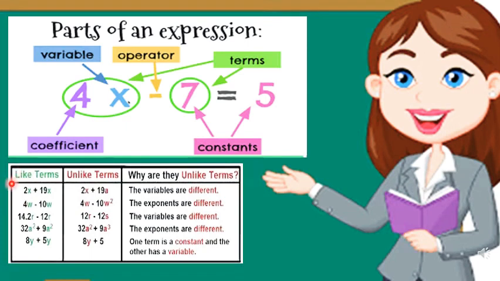Hope all of you know what are like terms and unlike terms. So the terms which have same variables with same power are called like terms. You can see the examples here. Similarly, unlike terms means the terms with different variables and different powers. Suppose if the powers are same, the variables will be different in this case, and if the powers are different, then the variables may be same. So all these come under unlike terms.